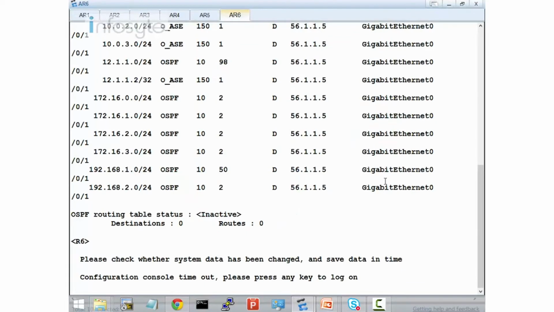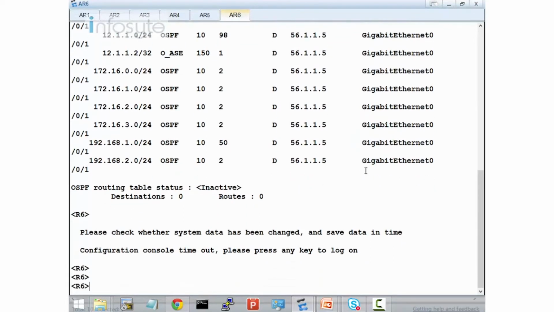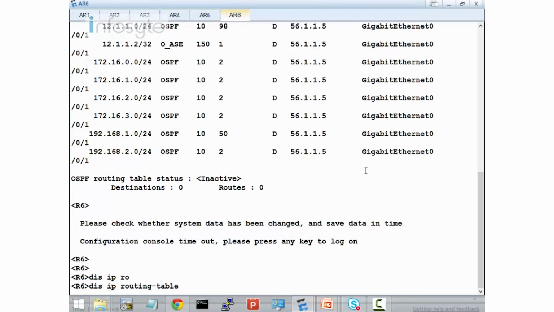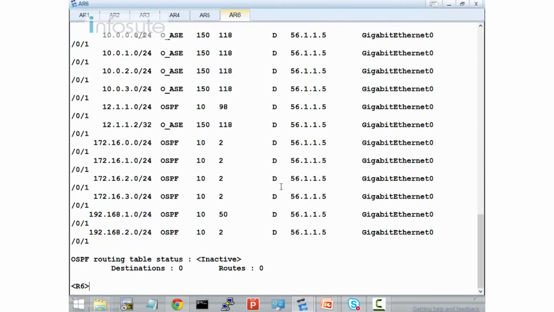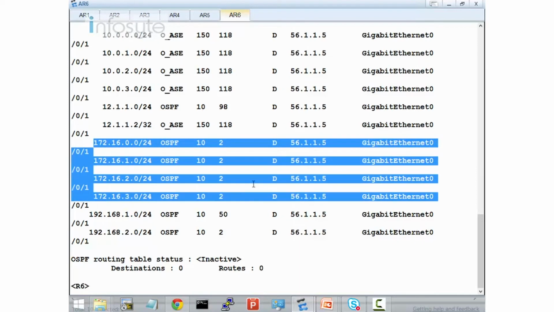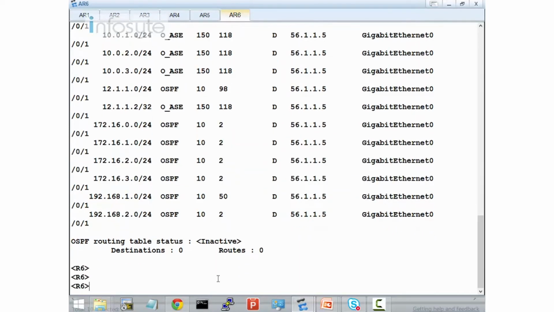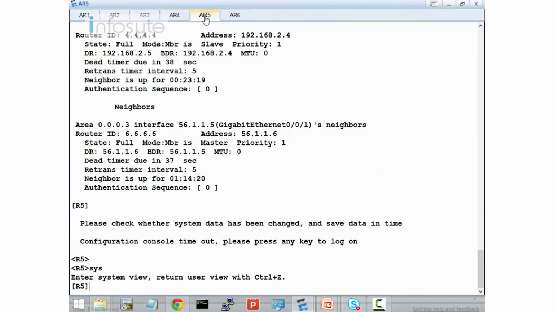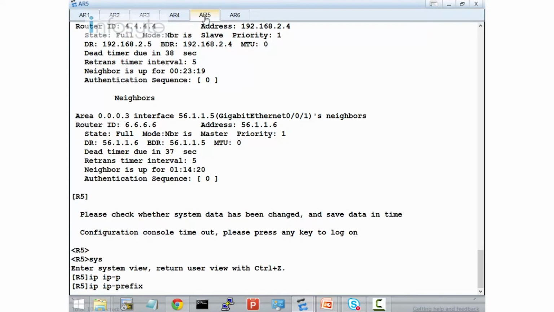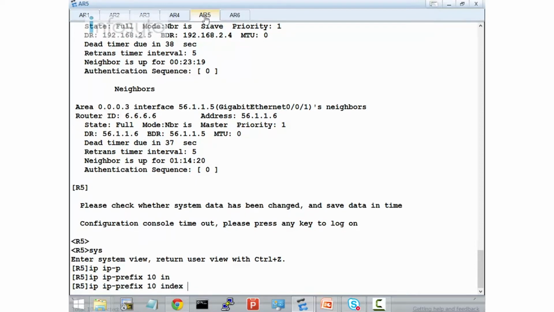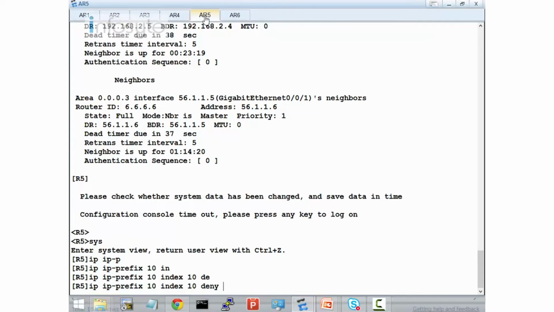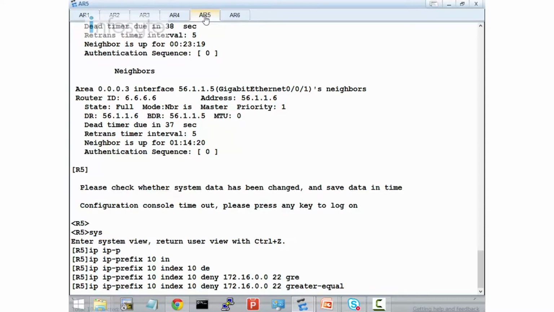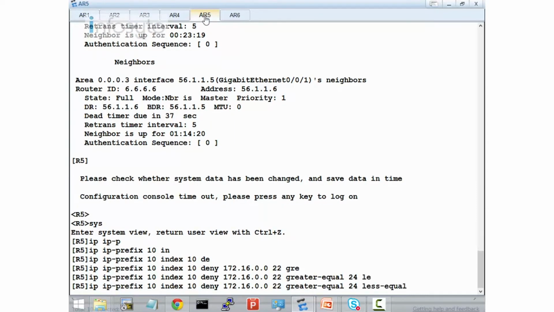But before that, let's check on R6. Can R6 receive the 172 route when I display the IP routing table, protocol OSPF? You see that I receive 172, but right now I need to filter that address. So I need to do it only on R5. On R5, first I define the IP prefix list. ip ip-prefix 10 index 10 deny 172.16.0.0 22 greater-equal 24 less-equal 24,